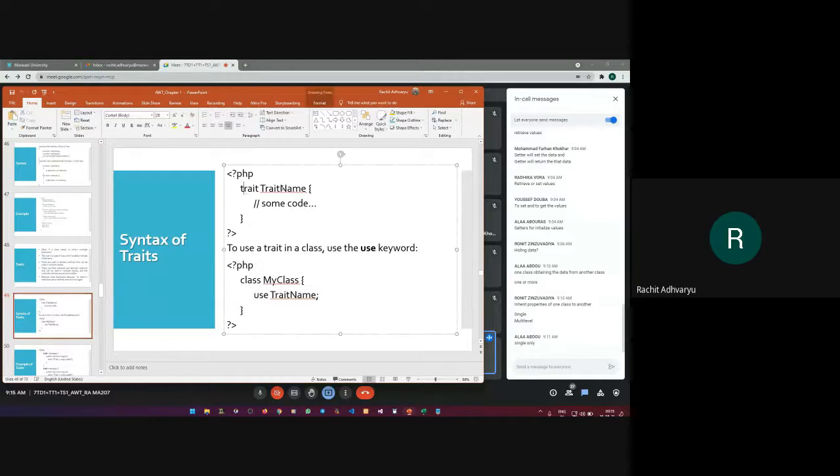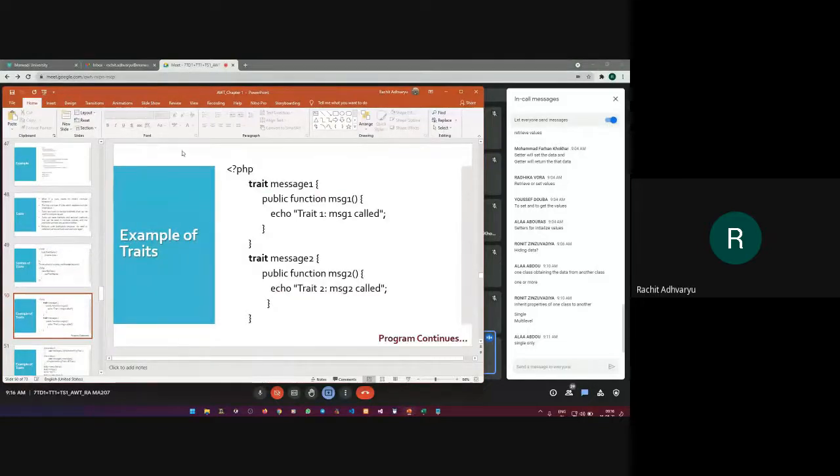You can have a trait name, you can have some implementation, and when you want to implement the same thing in the child class, or any of the classes, you will use the use keyword and directly write down the trait name in the class where you want to implement. So it's not purely inheritance, it is somewhat different than inheritance, but somehow we can implement some code of one class in some other class.